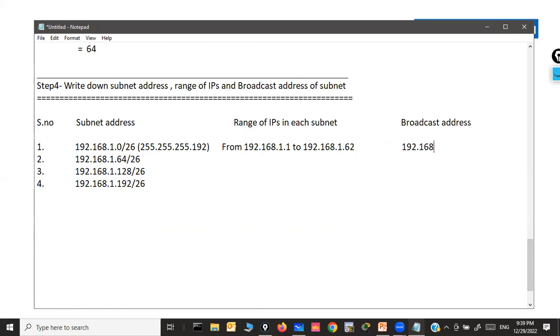And how? Let me explain this also. 63, and let me write down another one, then probably you will understand. So let me complete this table, and then I'm going to explain that. 65 to